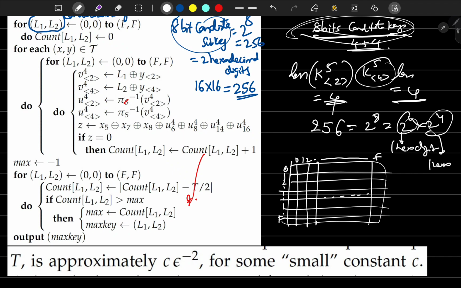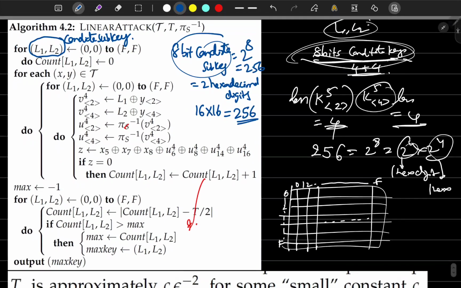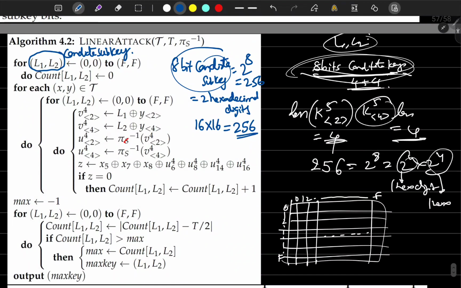Okay, happy? See bro, this is a simple thing, you don't need to fear at all. This is simple stuff, even a normal 8th class kid can understand it. All you need is to listen very carefully, that's it. So initially we are initializing all these things as 0, each cell as a 0. Okay,